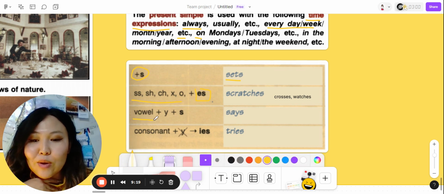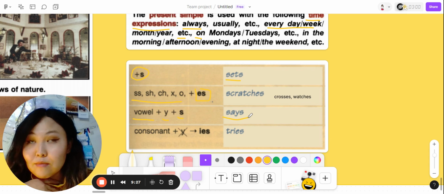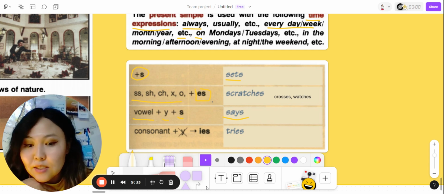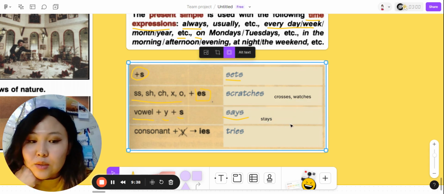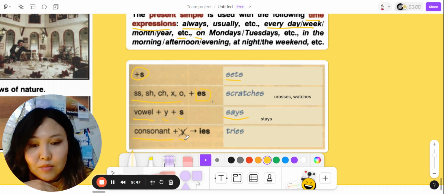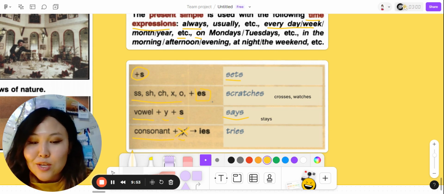Next one, vowel plus y plus s. In this case, we just add s ending, and it looks like says. Some other ones, says, stays. I will add it too, because we have a vowel before y and can just add s. But when we have consonant plus y, we need to forget about y, we cross it out and use i instead of it and add es ending. Here we have an example as